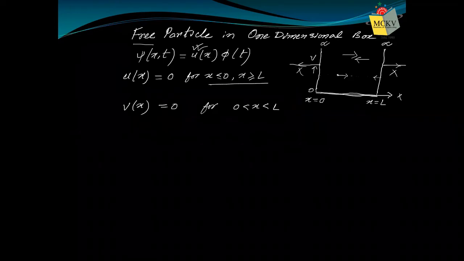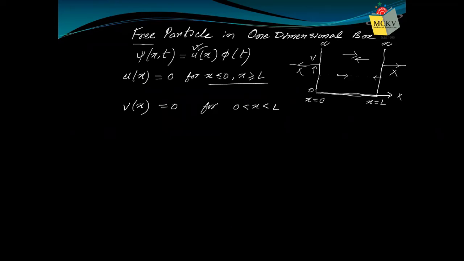Now we can construct our Schrodinger's equation. Which type of Schrodinger's equation will we need? We will need the time independent Schrodinger's equation because we do not need psi directly. We require u only. If I know u, I already know phi. We multiply them and we get psi. So we are only concentrating on the time independent Schrodinger's equation.